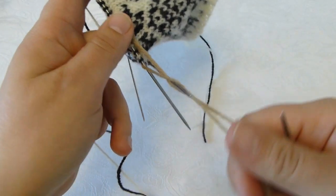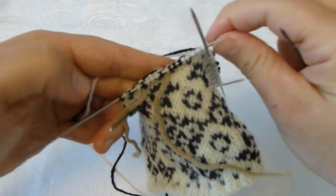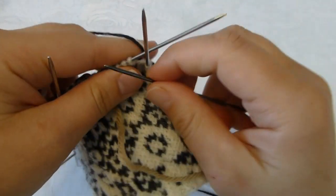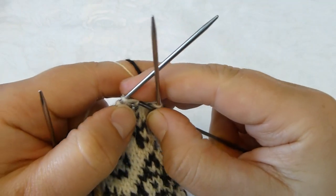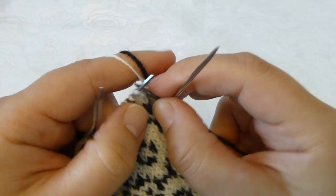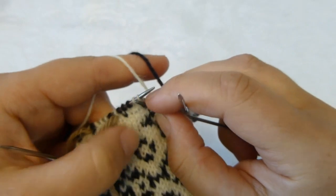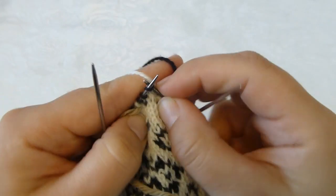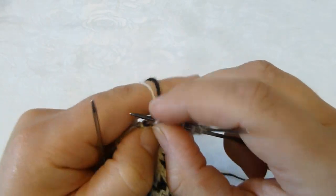And let's see, here I am at the end on this side of the mitten, and here is my next side band, so I knit that one